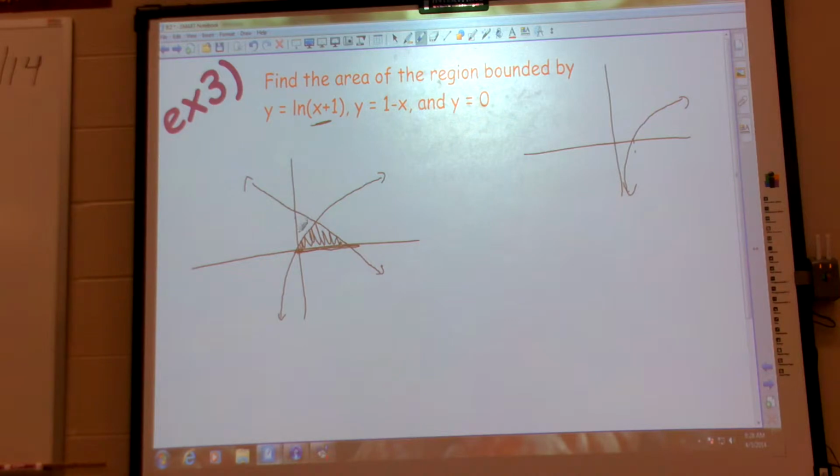Right? You've got to really take your time and get the correct region, because if you have the wrong region and you do the entire problem, you're not going to get many points because you didn't do the correct problem. Okay? You didn't find the right area. So,